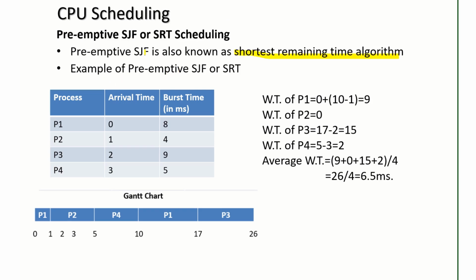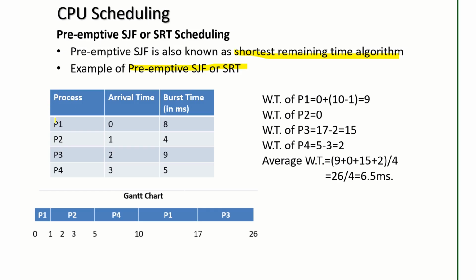Now you know what is preemptive and non-preemptive type. In non-preemptive type, we said in the last video that once the CPU is assigned to one process, the process will complete the entire task and then only CPU can be allotted to some other process. But in preemptive, depending upon the shortest time remaining, we can assign the CPU to some other process without completing the previous process. So now we'll see one example for preemptive SJF or shortest remaining time.